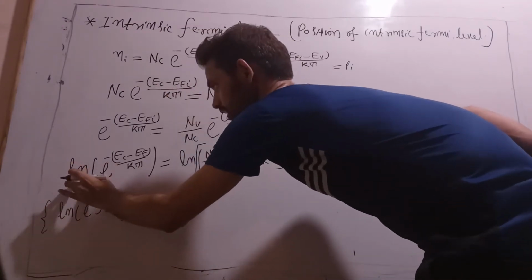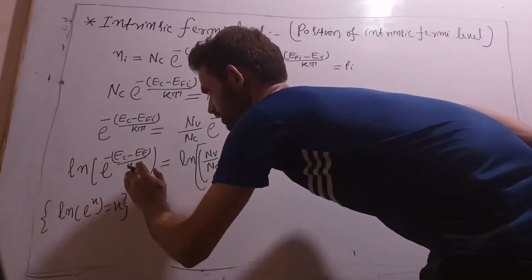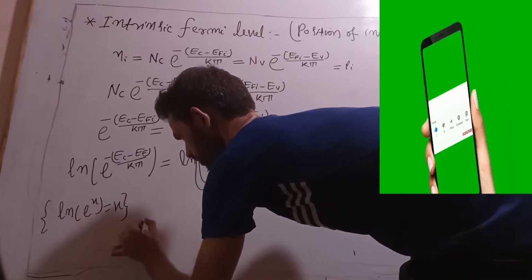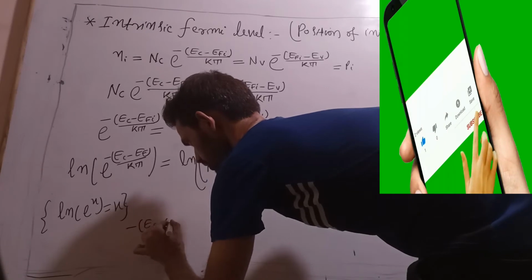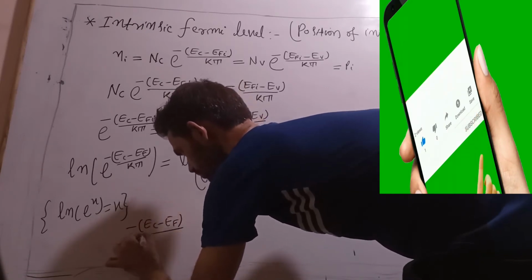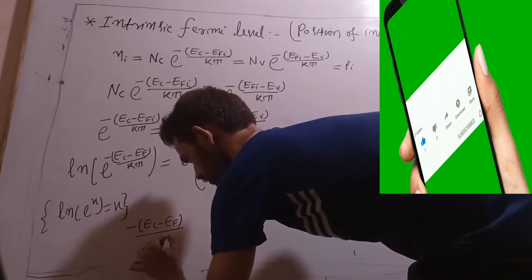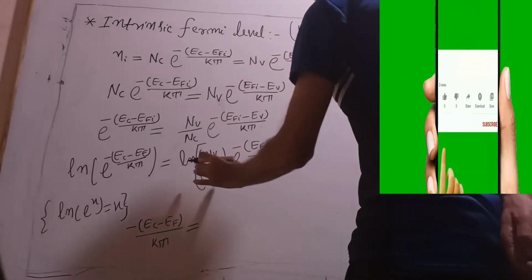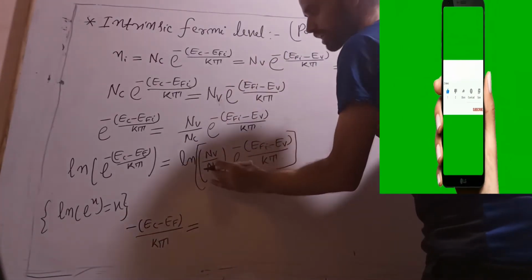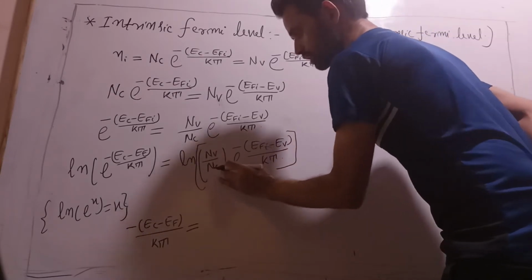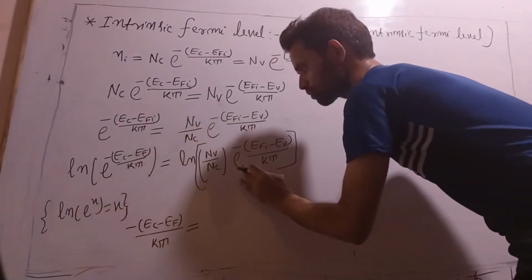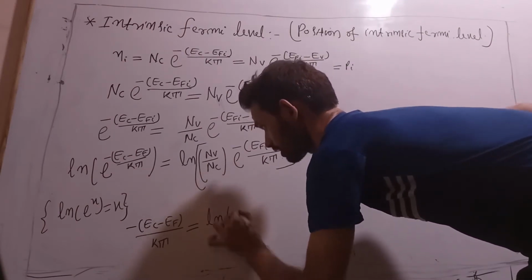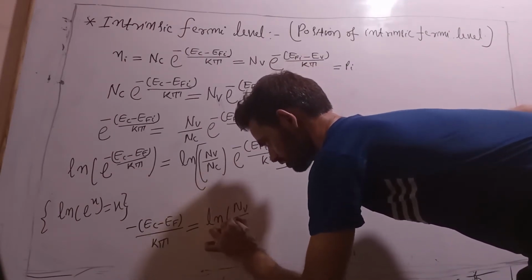Similarly here, ln e to the power (Ec minus Efi) by kT is nothing but we are left with minus (Ec minus Efi) by kT, equal to ln. Apply here the product rule. This is a times b, so ln of a times b is ln a plus ln b. So just apply this. ln a is Nv by Nc